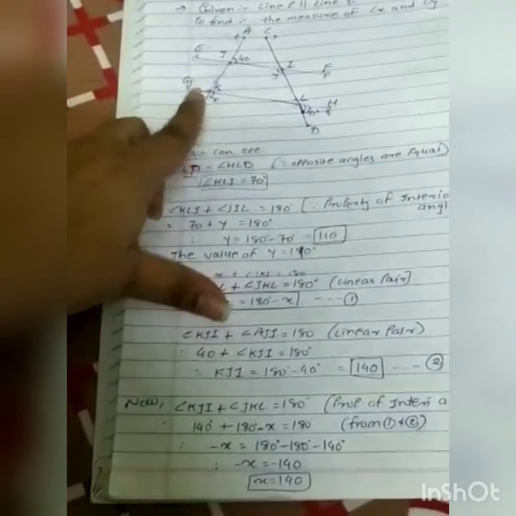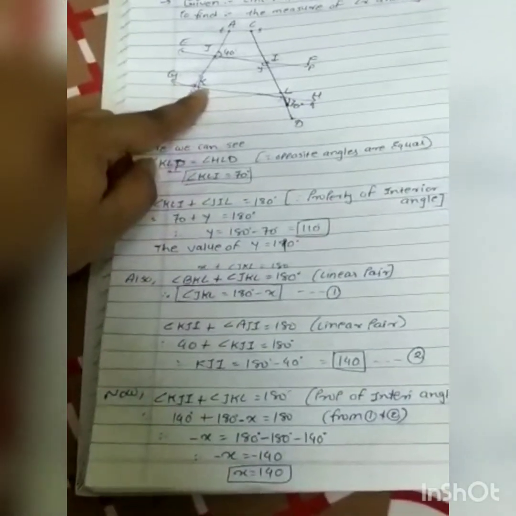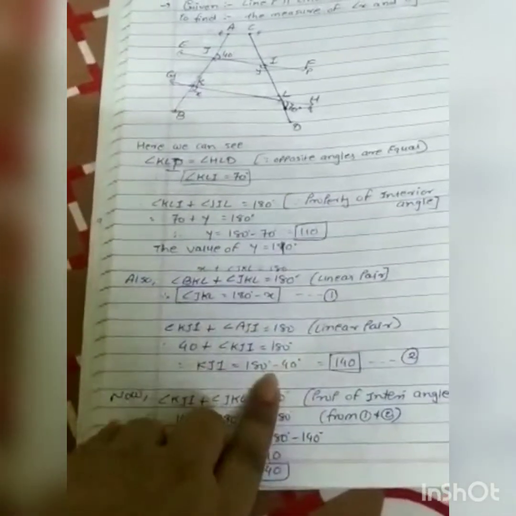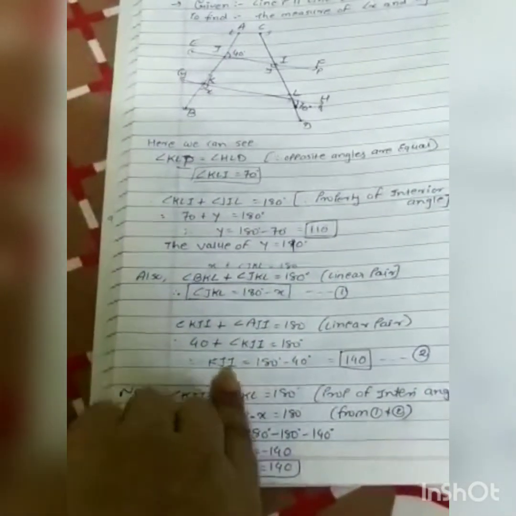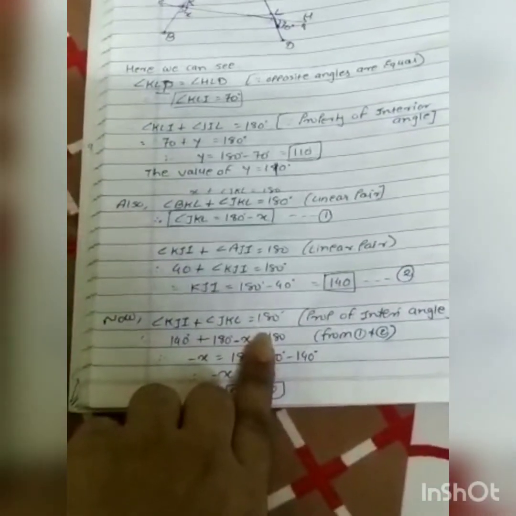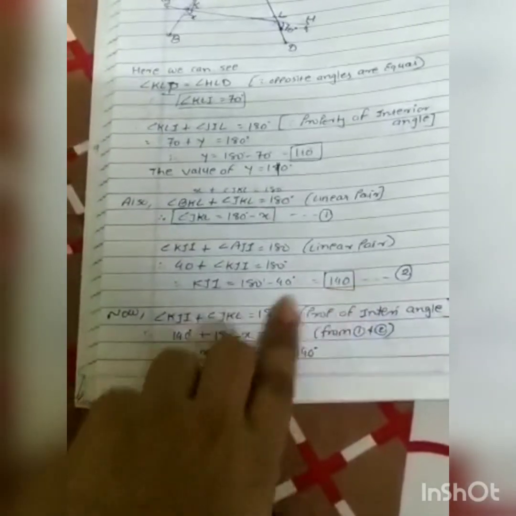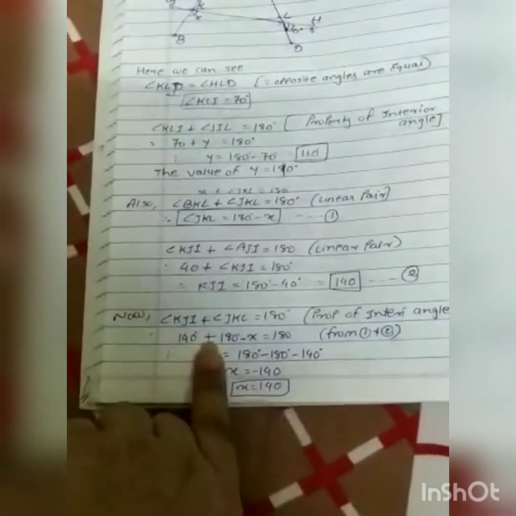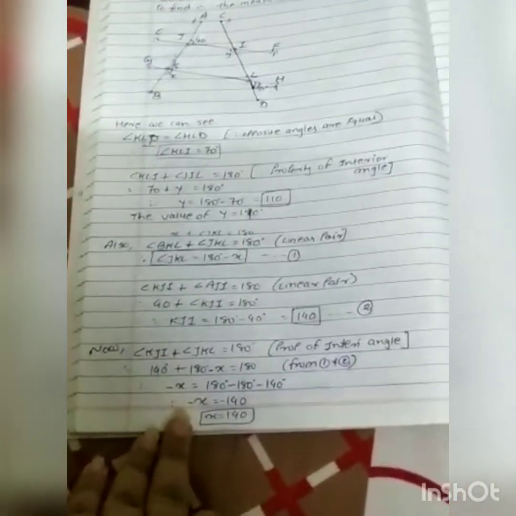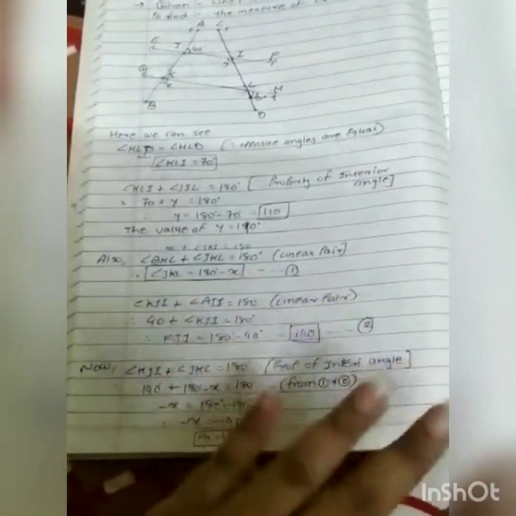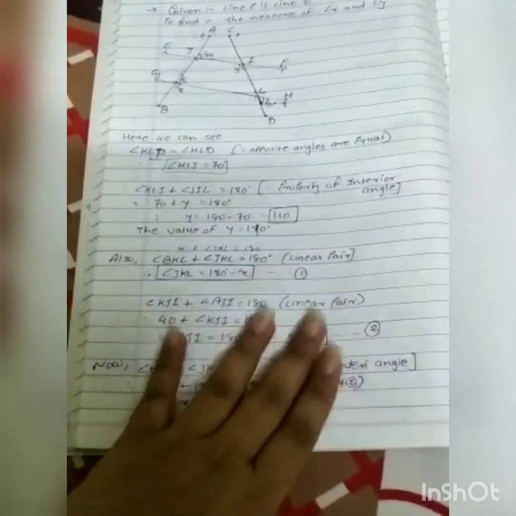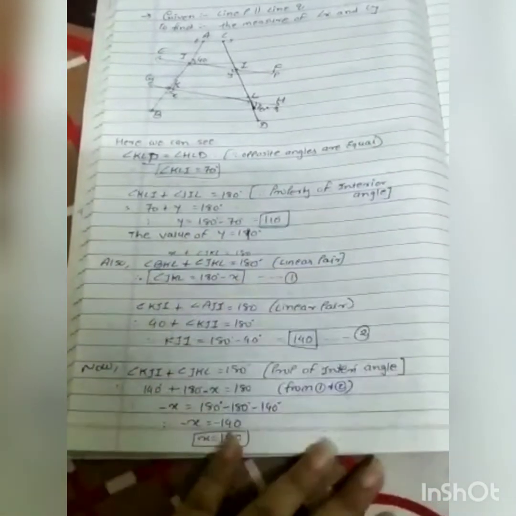Then what we do here? Linear pair. It becomes a linear pair. That is BKL plus JKL is 180. So we found JKL is 180 minus x. Then we found another linear pair and we got KJI is equal to 140. KJI and JKL add up to 180 degrees. We found KJI 140 and JKL 180 minus x is equal to 180. Then numbers on one side and variable on one side, and we found x. Understood? See, it's very easy. Do it slowly, properly. Write down in your notebook, write down date, day and these sums. Thank you.